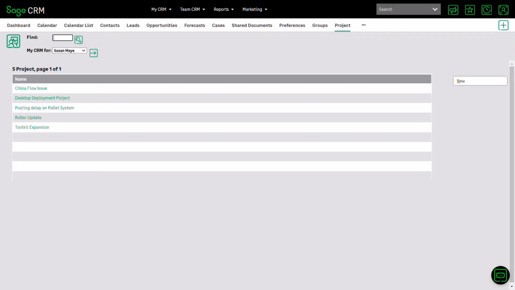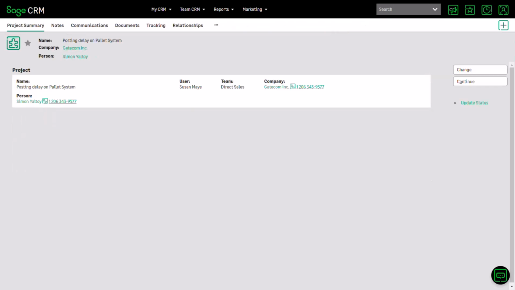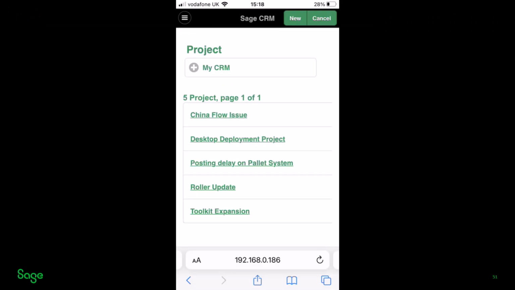Now you can see in the project that I've created, it's listed in the main interface. So this is the one that I've just added in. So it's all done and it's all there. This shows that I can create through the mobile and it will arrive into the desktop experience straight away. And you can see on the right hand side a tiny little button talking about how we can update the status. So there's a workflow ready to be followed once the user is back at the office. Now,